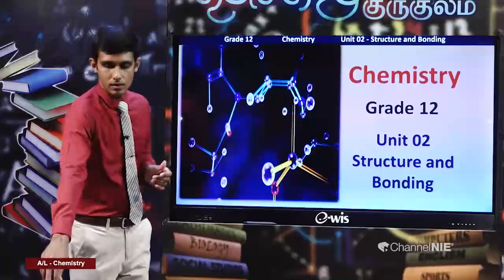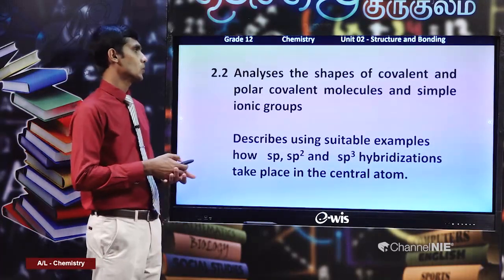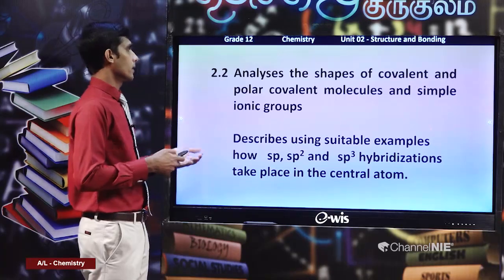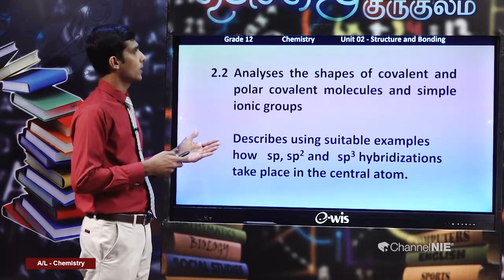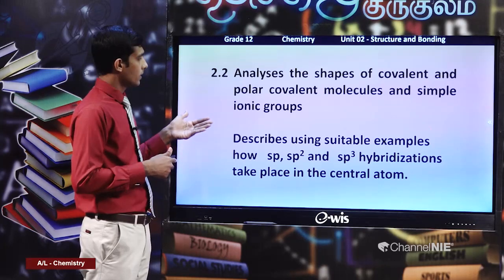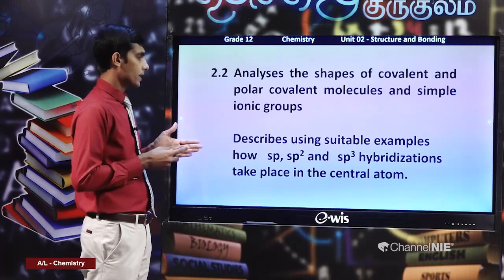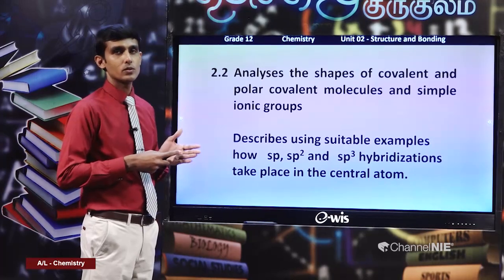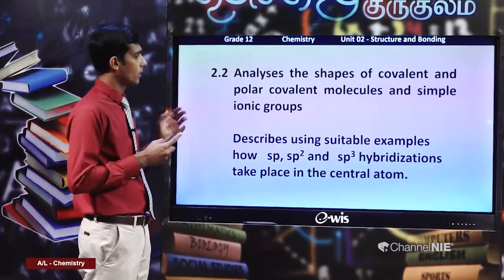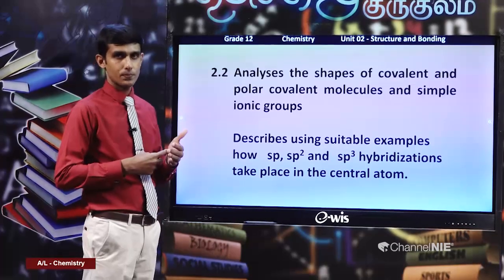So today I will explain one important point which comes under the competency level 2.2. They are about the shapes of the covalent and polar covalent molecules and simple ionic groups, and hybridization of different atoms of different molecules. So today's lesson will be focused on hybridization, but before I explain that part, I will